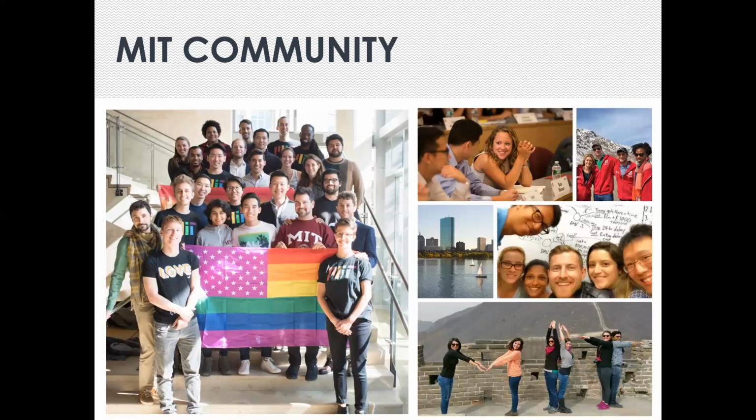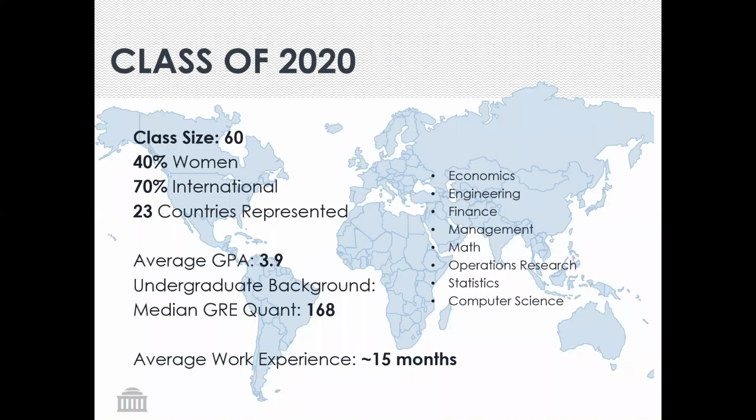It's also a very diverse community, and we'll talk a little bit about that as we talk through the class profile. So this is the class of 2020 for the MBAn students. As an admissions committee, it really is our goal to create a diverse class. And so that means geographical diversity, undergraduate background, career experience and interests. And that is what makes a very engaging and dynamic atmosphere, is that diversity. You can see here our class size was about 60 this year. Lots of diversity represented below. What you'll also see is some